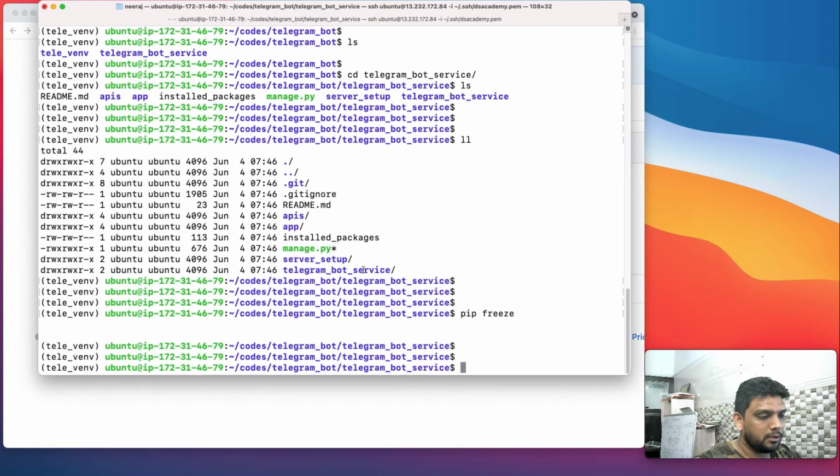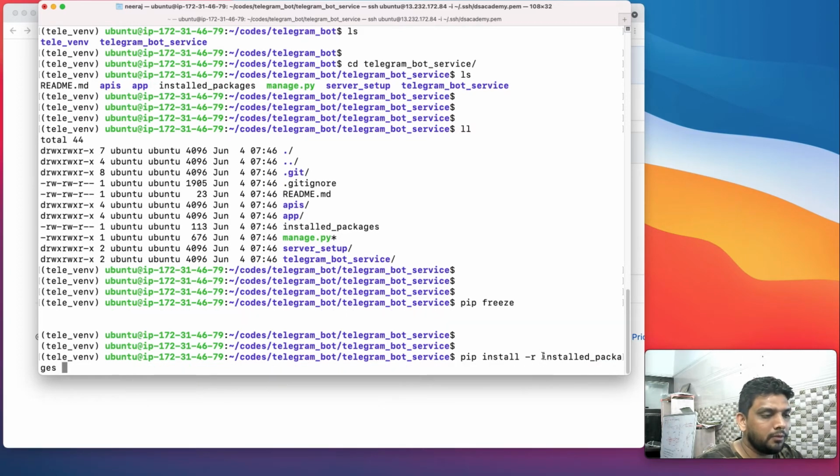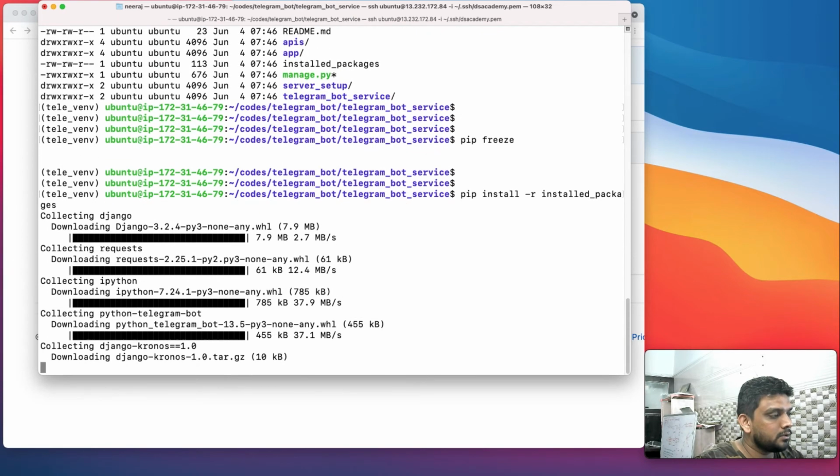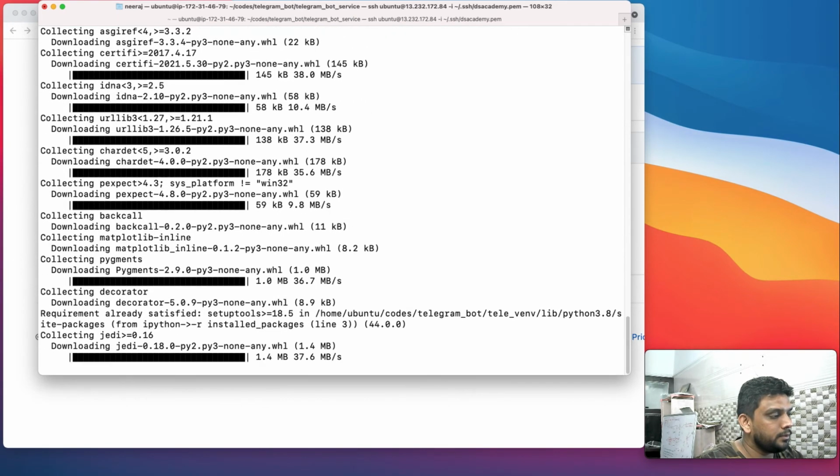and let's install that. So we are going to run pip install -r, and whatever is there inside this file, it will install all of it. So yeah, first of all it is downloading, we can see.